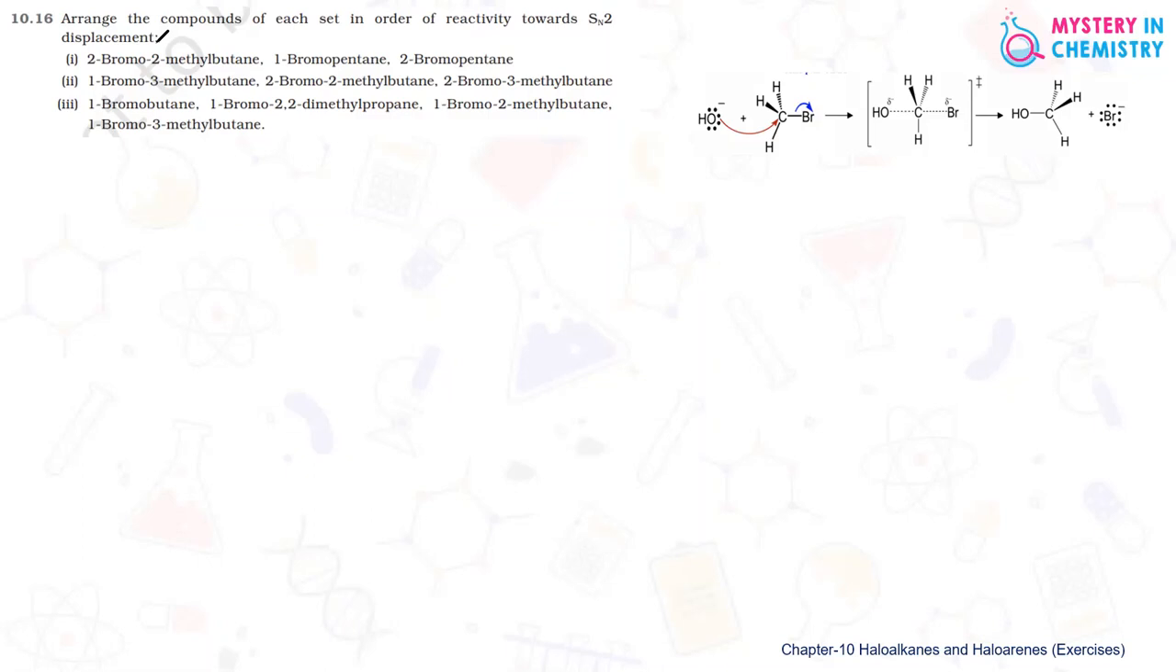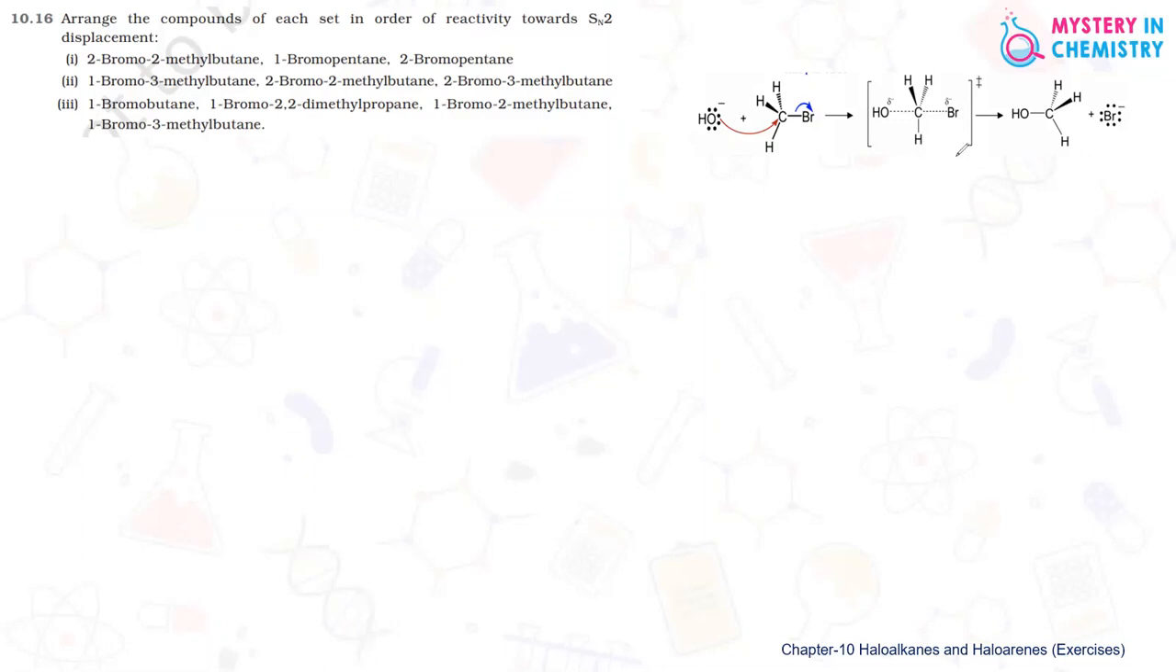In question number 10.16, arrange the compounds of each set in order of reactivity towards SN2 displacement. So, by substitution nucleophilic bimolecular mechanism, what are the factors which can affect the reactivity? On the basis of that only, we can arrange all these compounds. So, first of all, let us see in SN2 mechanism, the reaction is taking place by this mechanism, and here